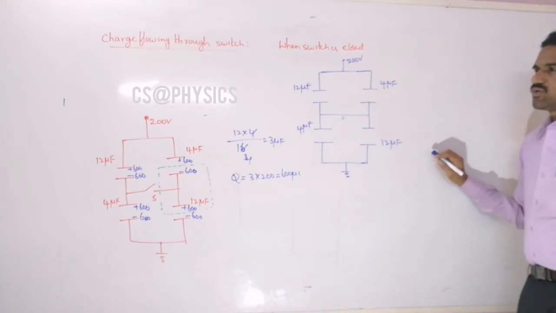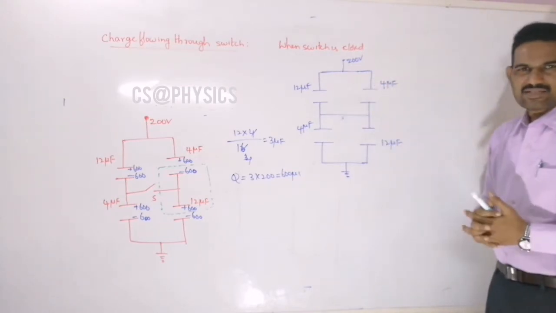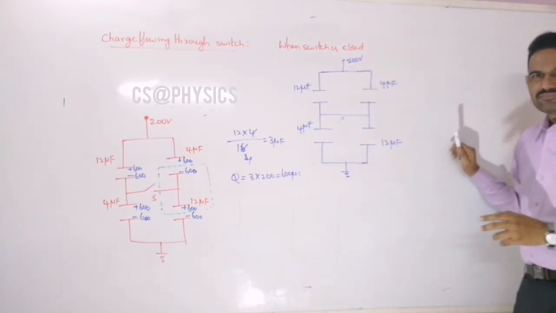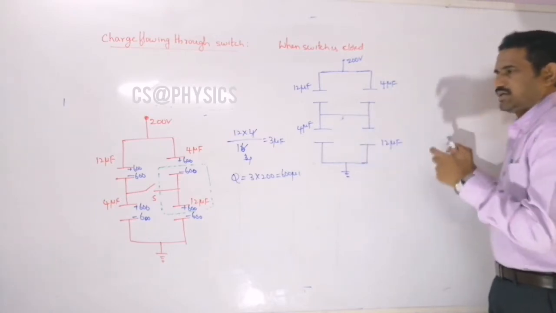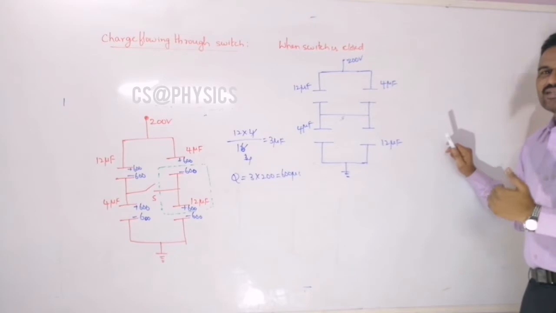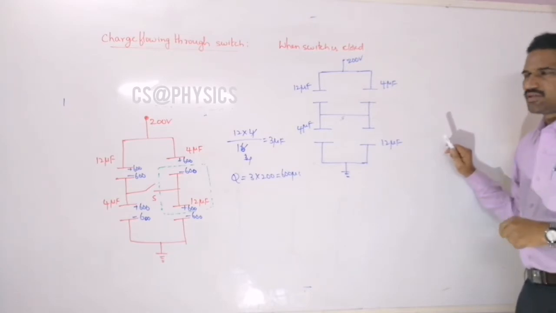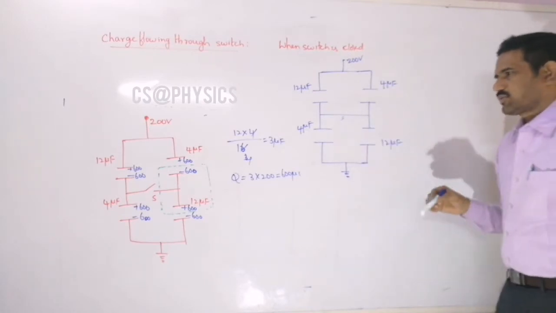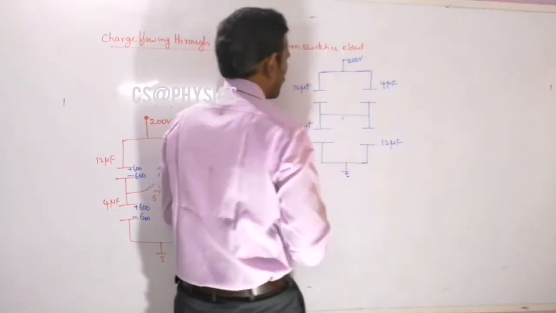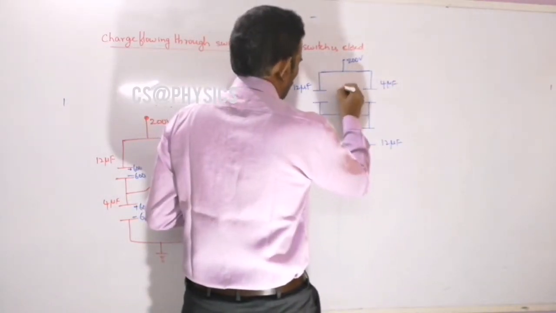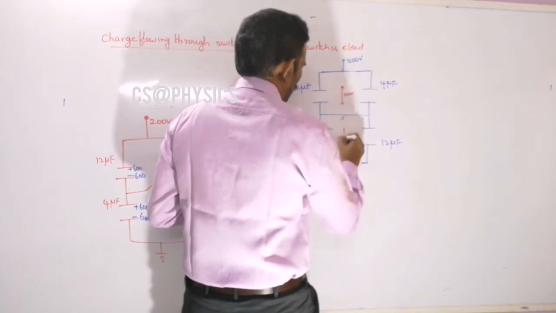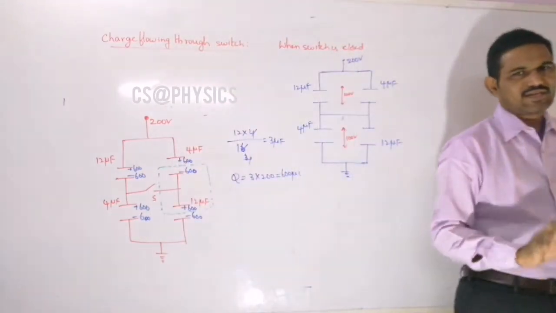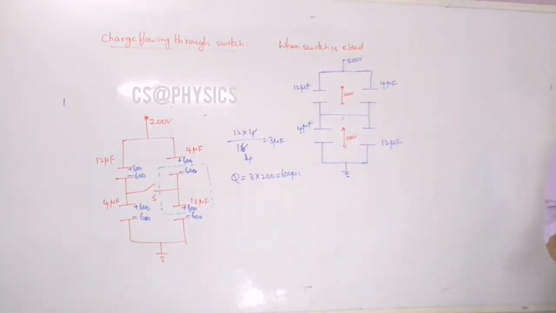And so now once these two are in parallel, the effective capacitance is 16 you will get, right? And here also for this combination we are getting 16. That means for this combination also the capacitance is 16. So both 16 and 16 means the total potential difference will divide equally. That means across this combination you will get 100 volts and across this combination also you will get 100 volts potential difference there. Because the effective capacitance is the same, that means 16 and 16 we are getting here.